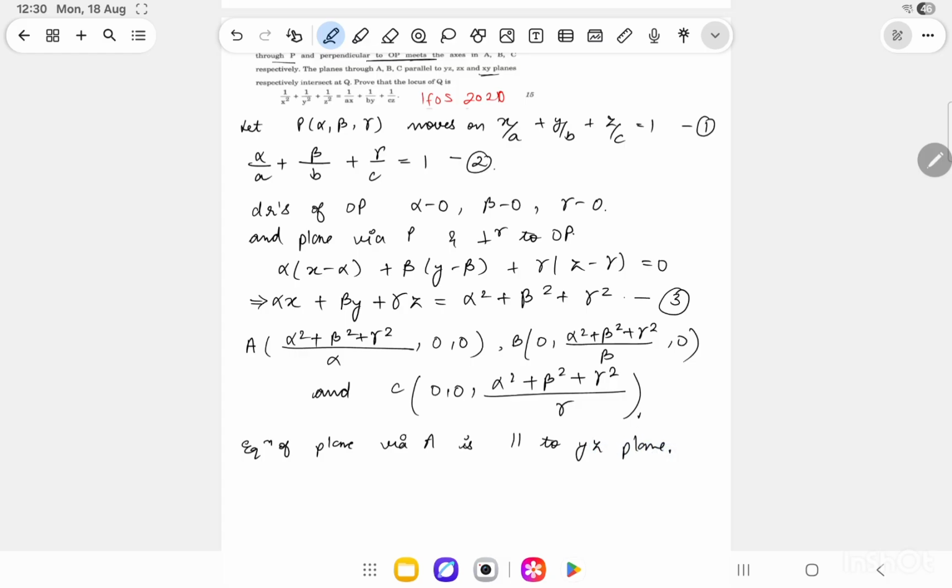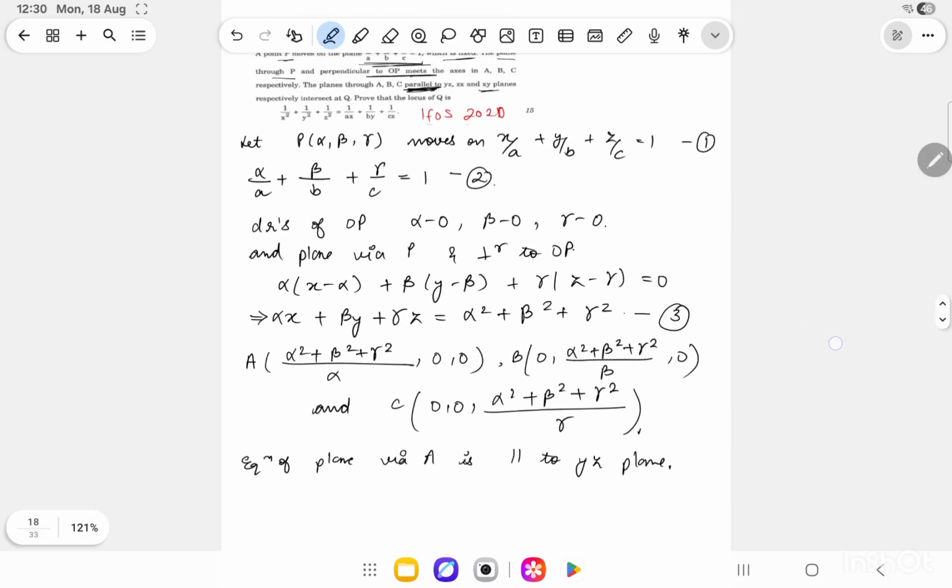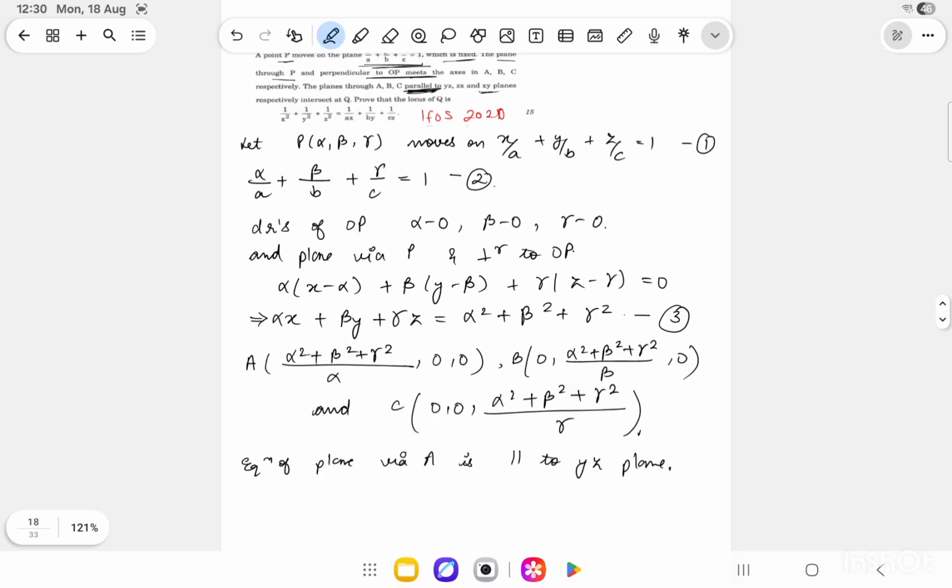If this is parallel to the YZ plane, then the equation of this plane will be perpendicular to the x-axis. Yeah, so the equation of the plane via A will be perpendicular